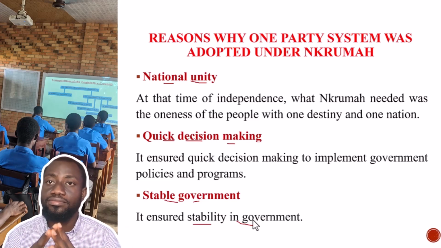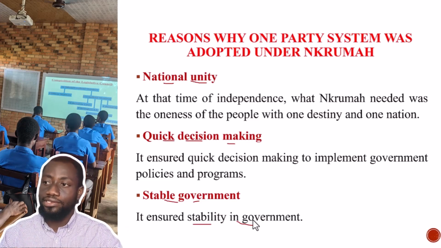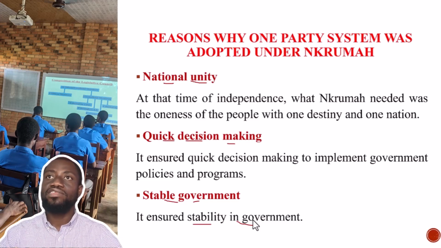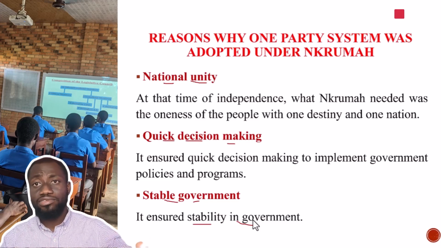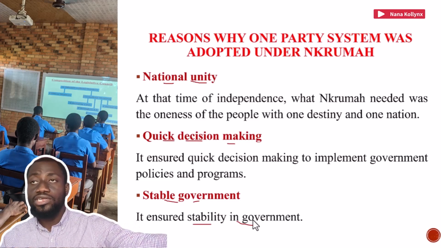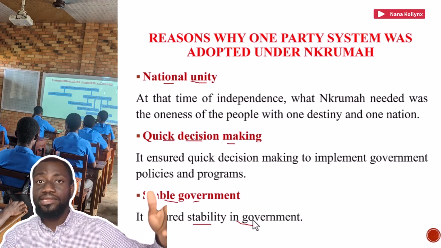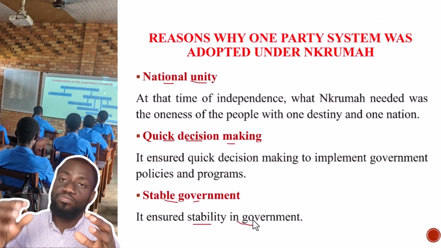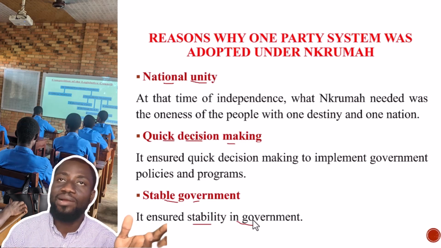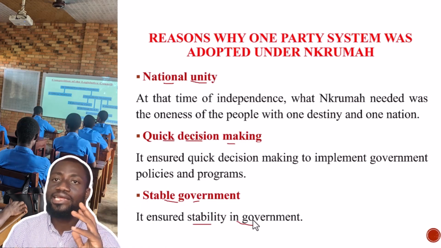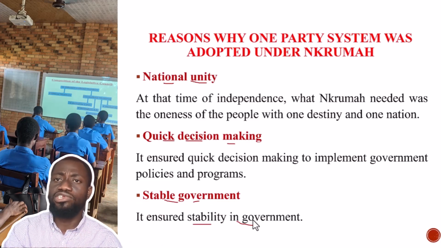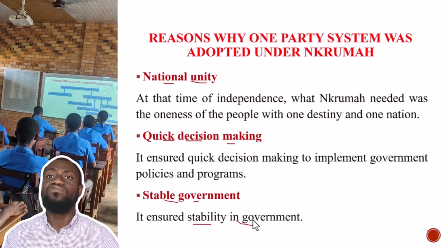Examples are hospitals. But when you have a one-party state, there is stability, there is continuity. We have spent quite a lot of money. There was a time just 2 years ago or so, there was this big hospital in Okomfo Anokye. The whole building had to be pulled down because it had been there for approximately 30 years, from the 1970s, and no government has continued the work. Very big storey building, very big.